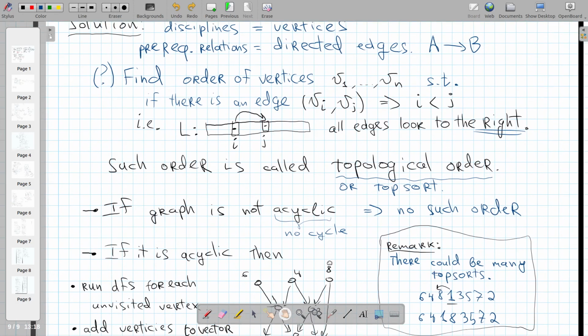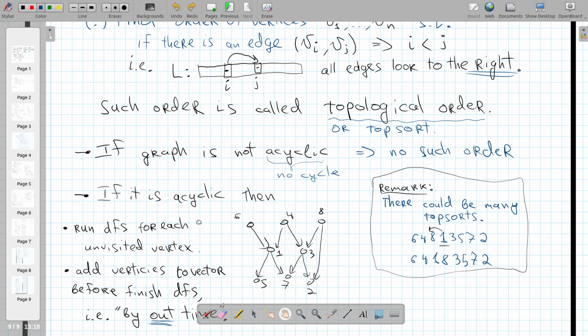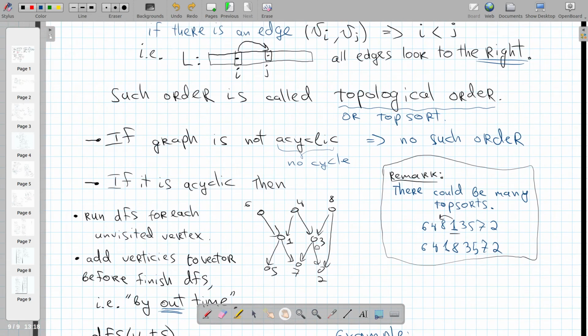In case it is acyclic, let us consider this example. This is an acyclic graph. An acyclic graph can be drawn from top to bottom like this. All the edges are going downwards because there's no cycle. There would not be an edge from bottom to top. I know that there are a lot of topological sorts. For example,